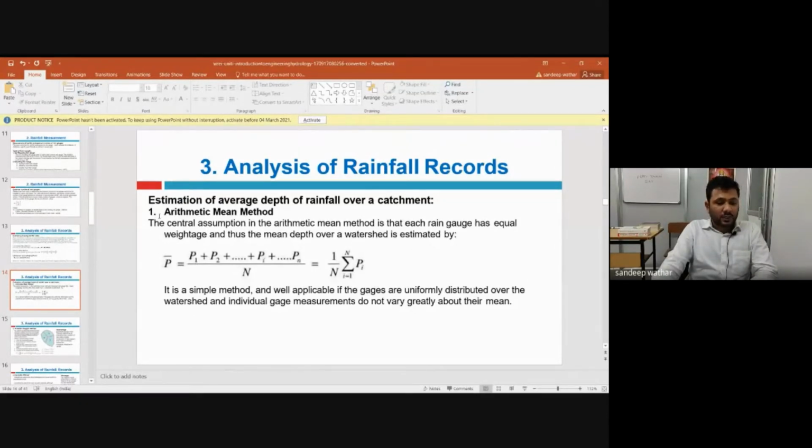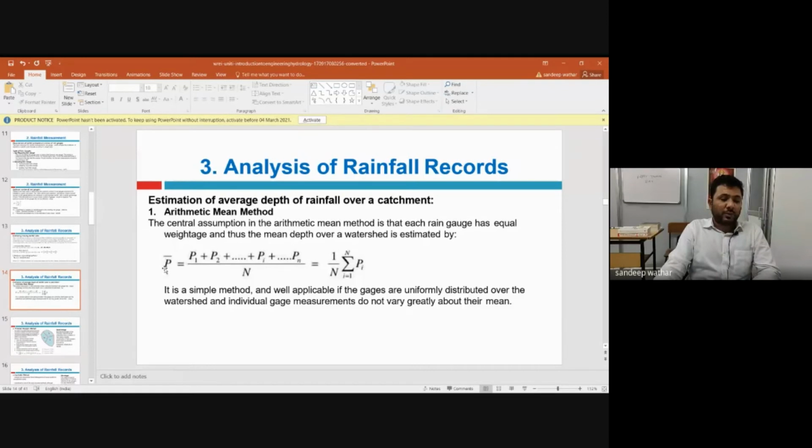The first method is the arithmetic mean method. So what does this say? For any given boundary, it may be an administrative boundary or a basin boundary or a catchment boundary, we note down all the rain gauges that we have within that boundary, and all the recorded values of the rain gauge stations are noted down.